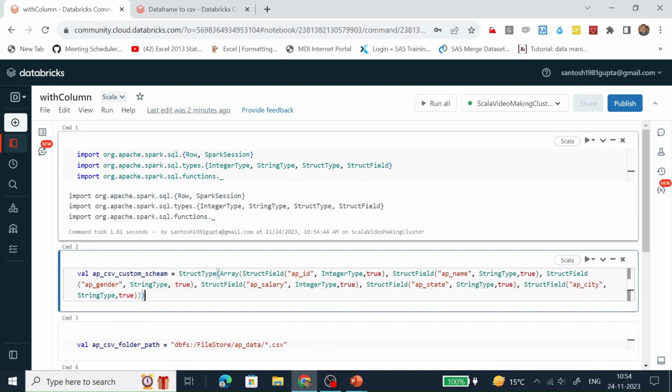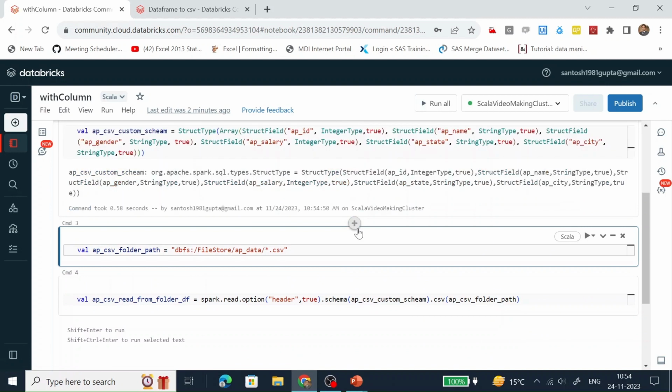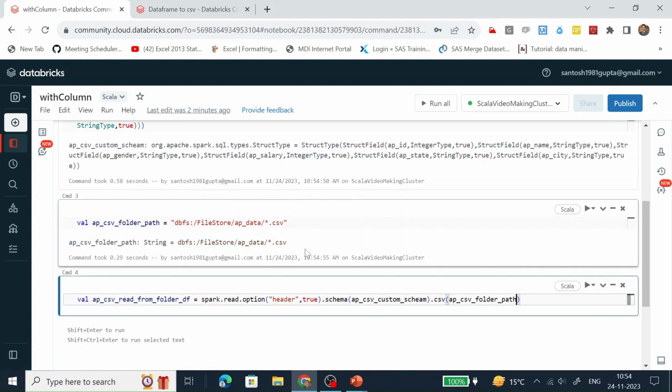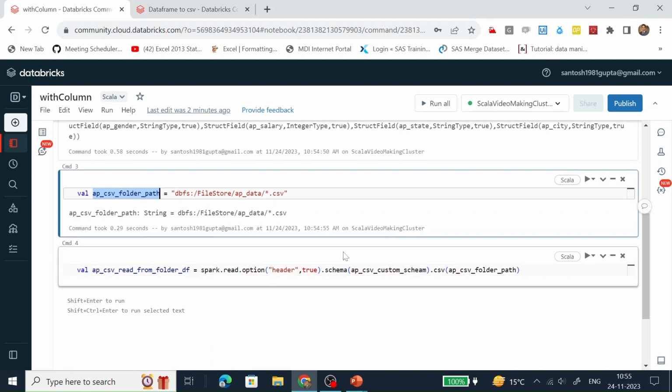All the required libraries are available in this notebook. Let's create the custom schema. The custom schema has been created successfully. Let's define a variable which has the folder-level address, and from that folder, whatever CSV files there are, it will fetch all of them for reading.